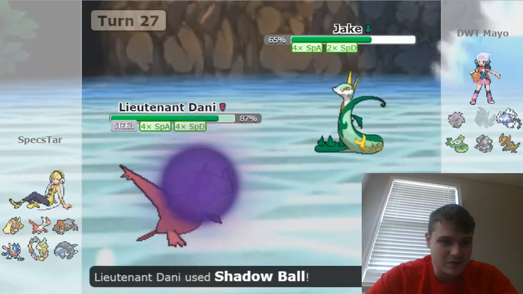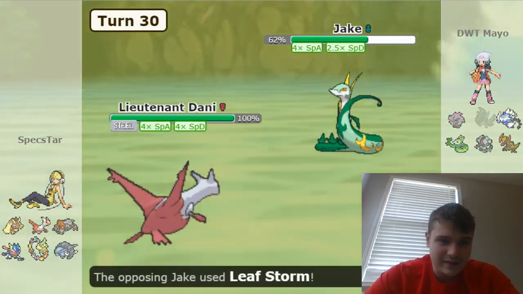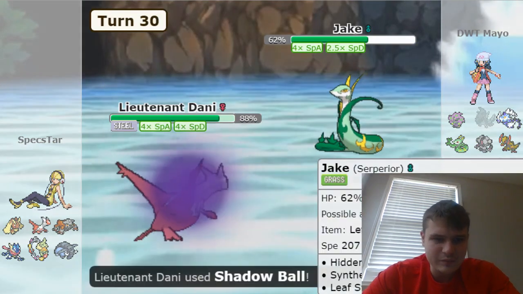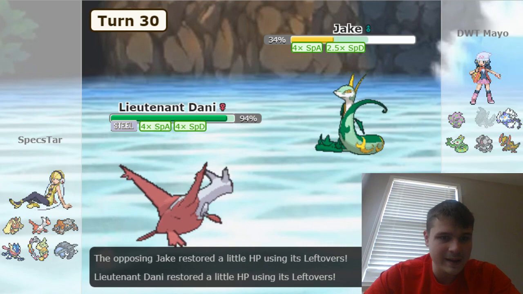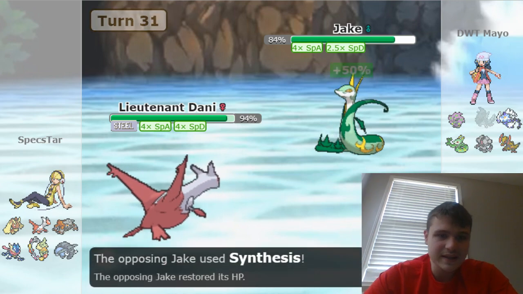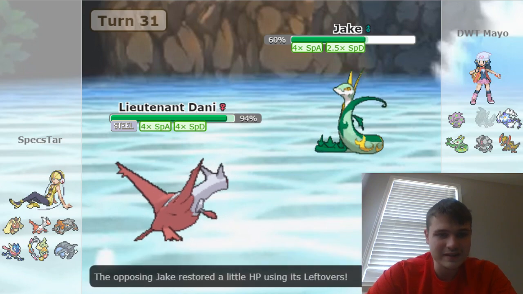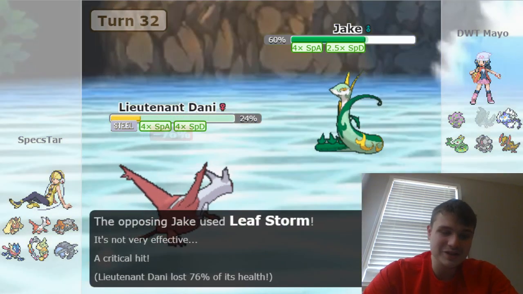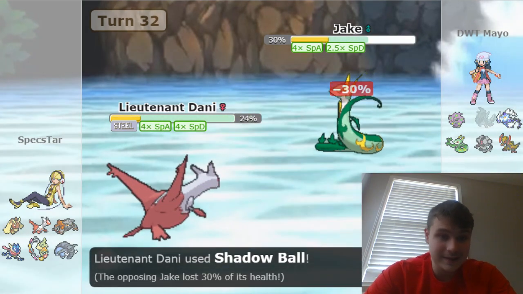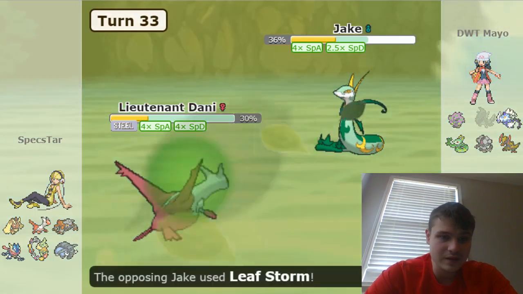He keeps Leaf Storming, fishing for a potential crit. And he is running low on Synthesis here. In fact, he's only got one left at this point in the game. And he will use it here. He's now rocking +3 special defense, but fortunately Sir didn't get a more reliable recovery move. This time he actually does crit his Leaf Storm, but he needs to crit Dragon Pulse here to be able to finish the job. He goes for...